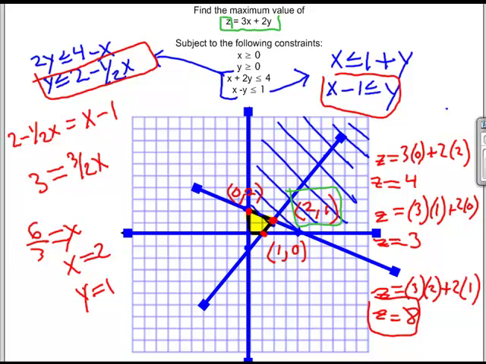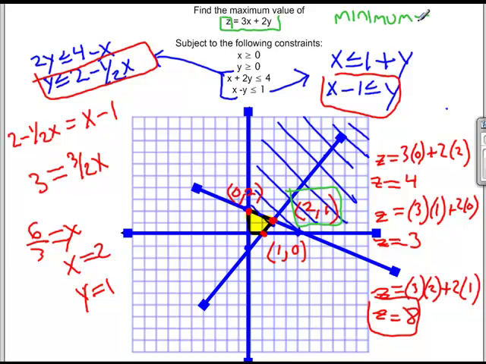Alright? That's just the process. You just go through that. You're basically graphing the system of inequalities, the linear inequalities, just like we did last section. And then you're testing the vertices, because this maximum value will fall at a vertex. I could have also said find the minimum,